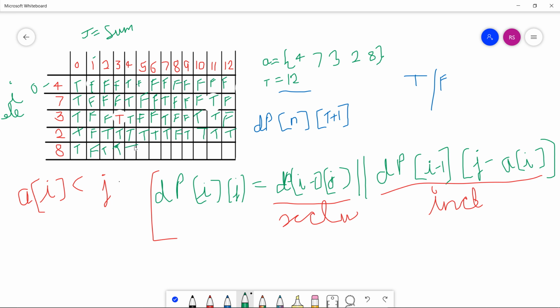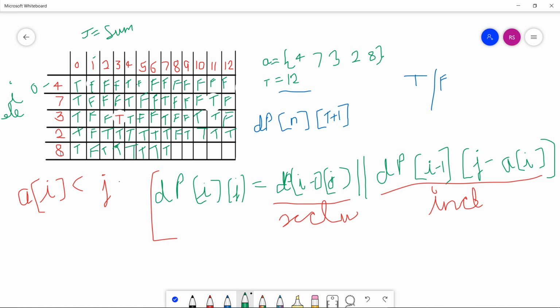AI is 8, so true, true, true, true. And for ai equals j, 8, we have an array of 5 elements and we have to tell whether sum 8 is present or not.